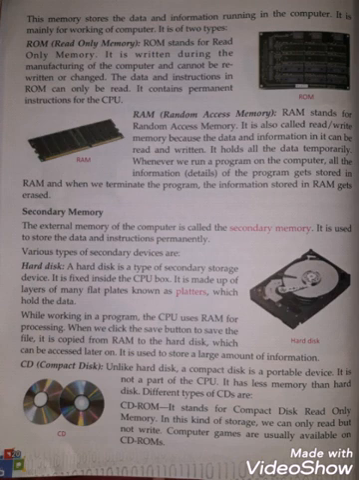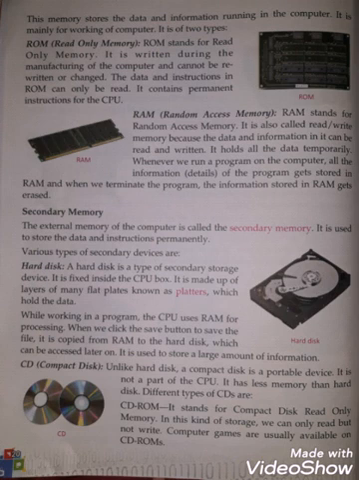First one is hard disk. Hard disk is a type of secondary storage device. It is fixed inside the CPU box. It is made up of layers of many flat plates known as platters which hold the data. So beta, you can see the picture of the hard disk in your book. This is a secondary, or you can say external, storage device. It is fitted inside the CPU box. Right? So it is an external storage device which is fixed inside the CPU, and it is made up of many